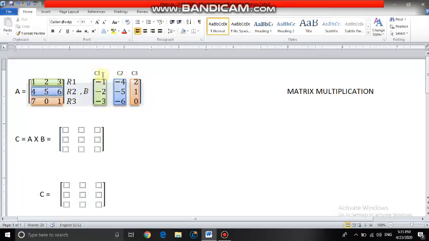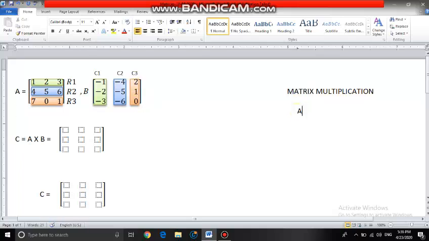And for the B matrix, I have written C1, C2, C3. C1 means column 1: -1, -2, -3. C2 means column 2 of matrix B: -4, -5, -6. And C3 is column 3 of matrix B: 2, 1, 0. Now when I want to multiply two matrices,